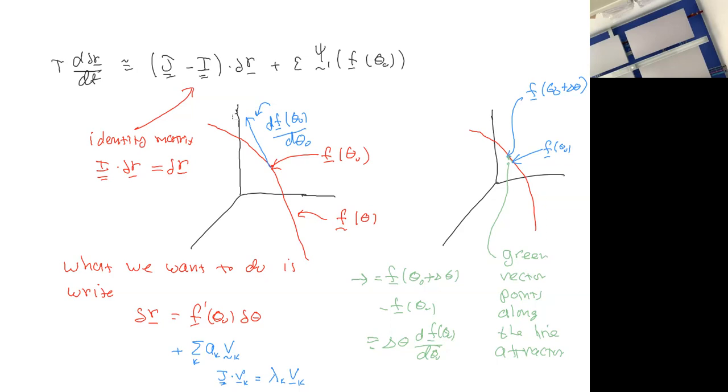One thing to note that's kind of important: it turns out that J minus I dot F prime is zero. We'll come back to that in a second. So what we're going to do is write